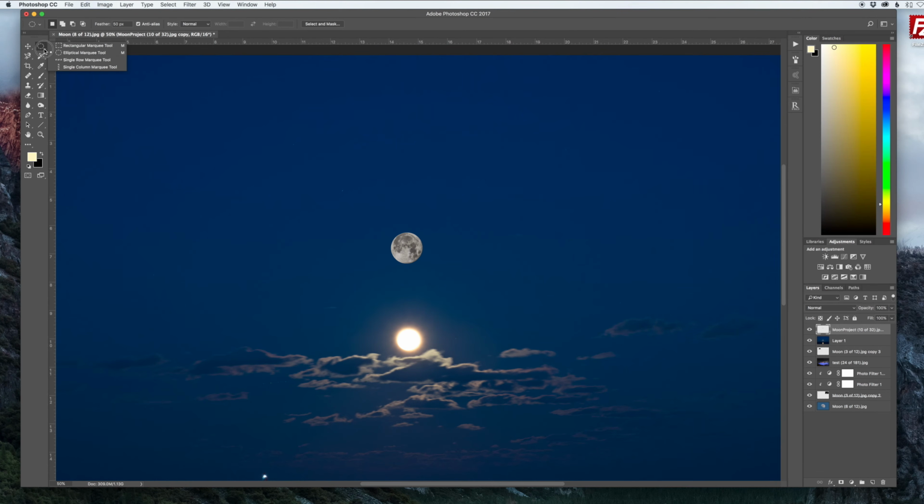So I'm going to grab my marquee tool and I'm going to draw a circle to cover this up. It doesn't have to be perfect. I kind of want some of this glow here, and you'll see why in a second. But next what we're going to do is take the brush tool and do Option,